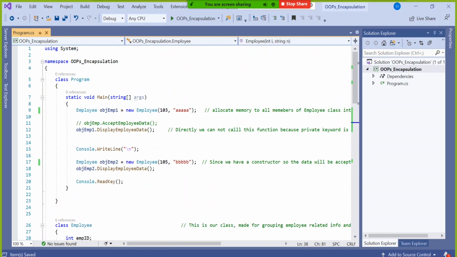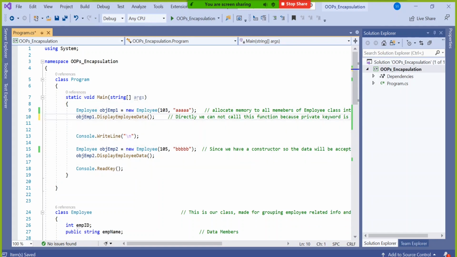What I will do, first I will create this object and suddenly I will call this function. I have called it, you can see. For the second guy also I am creating the object and calling it. For the first guy I will not pass any value, but for the second guy I will pass some value just to see the difference. So as per our understanding, this line should go to the default constructor, because we are not supplying any value, which means it will take the default value.